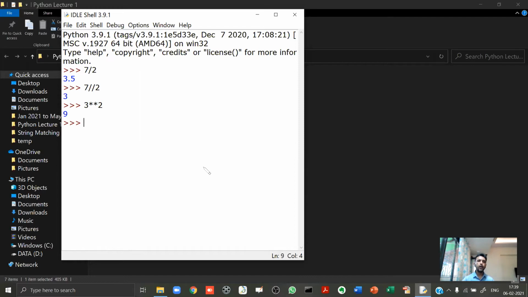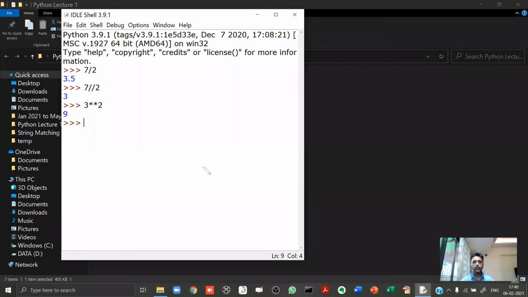Now, apart from that, you have plus, minus, multiply, divide, modulus. You know the working of these operators, so I will not talk about that. Now, over here, let's talk about the associativity. Now, when I say associativity, what exactly am I saying? Before associativity, let's talk about the precedence of the arithmetic operators.